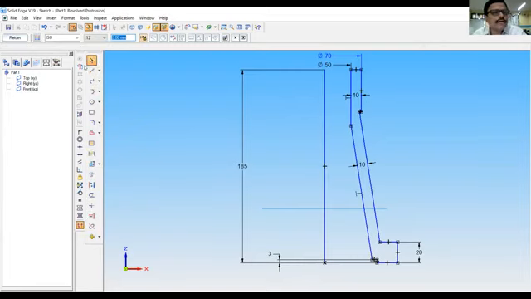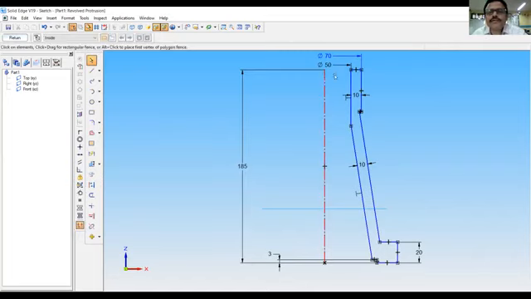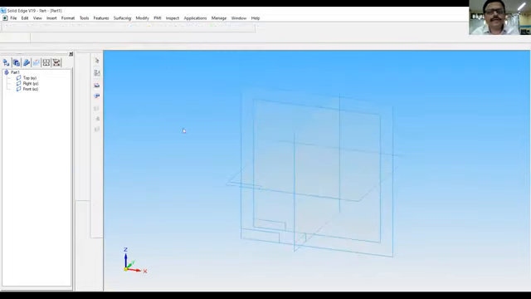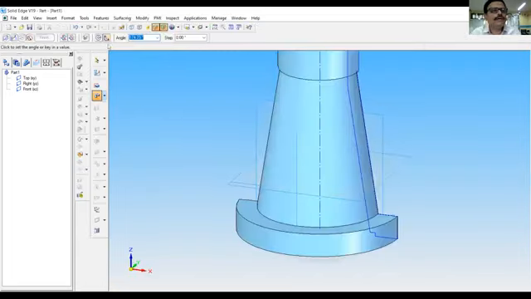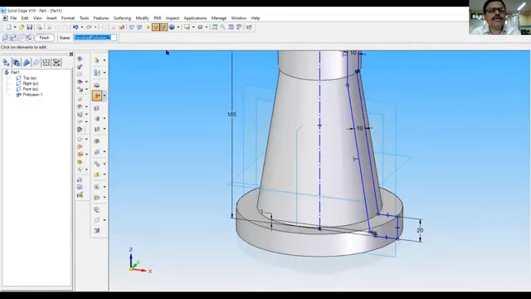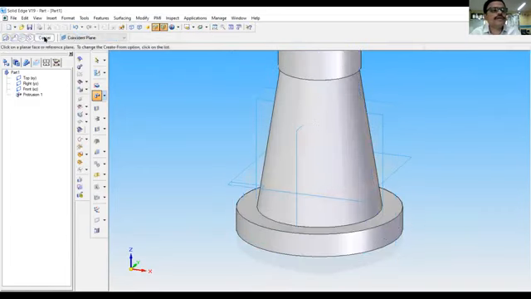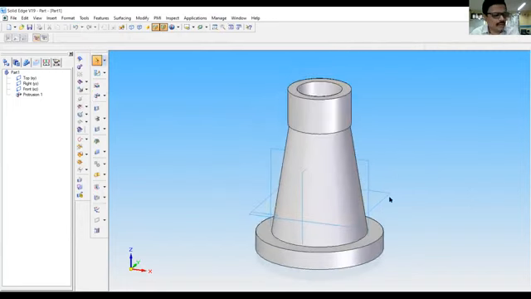Now all the dimensions are done. Since it is a revolved feature, you have to give the axis of revolution. This is the axis of revolution. And the gap between the axis of revolution and this profile will be the hollow portion that you can see here. Return, revolve by 360-degree option and finish, cancel. So you get the basic shape of the body.